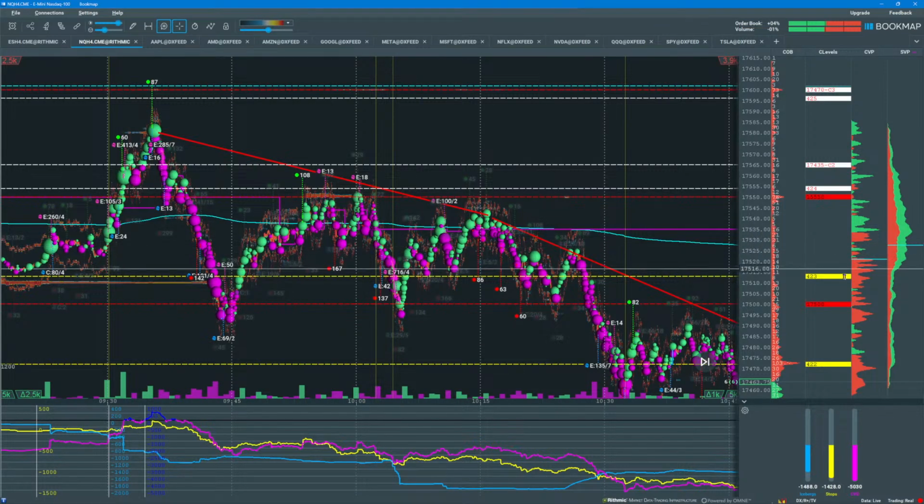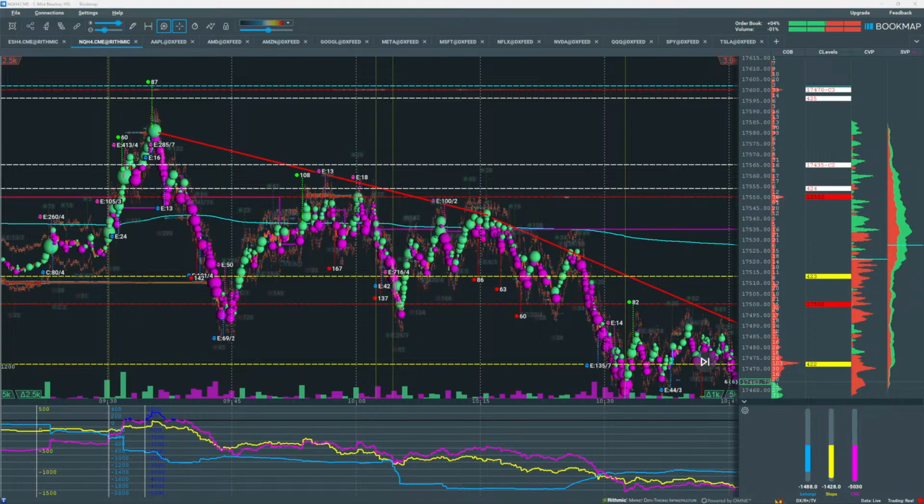So 10 to 10:30, NASDAQ started making a series of lower highs. This is that QQQ 424 call wall, and this is 17,550. I got that label wrong. Sorry about that, I'll fix that. So, making a series of lower highs,